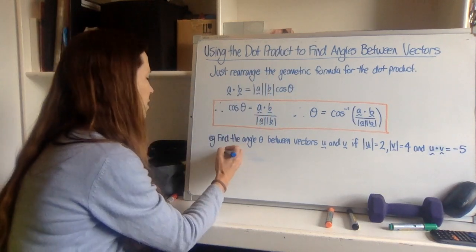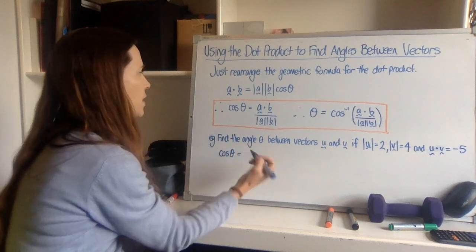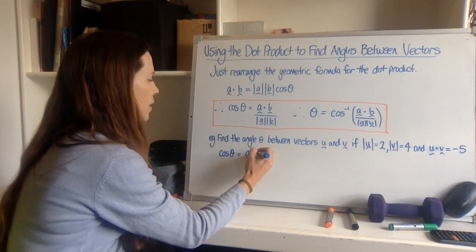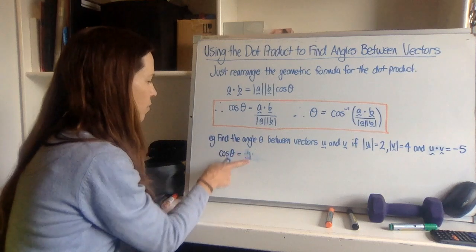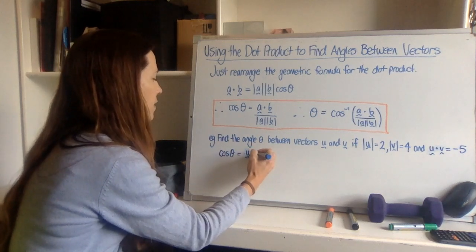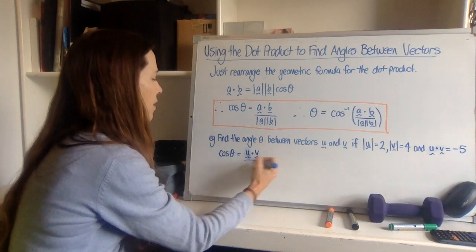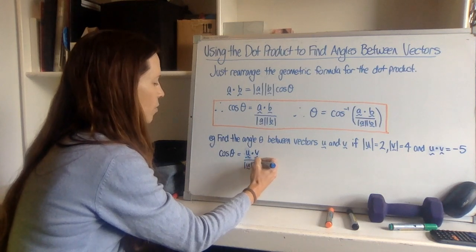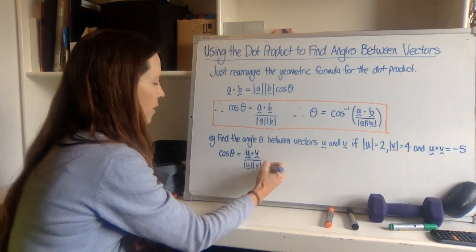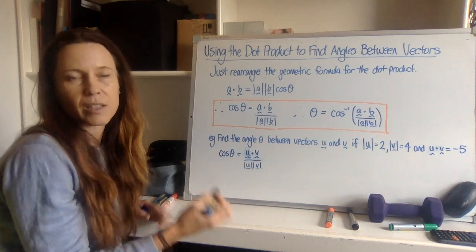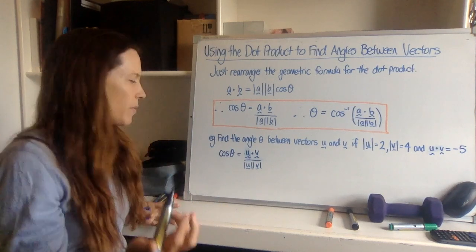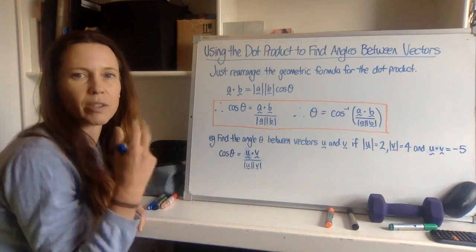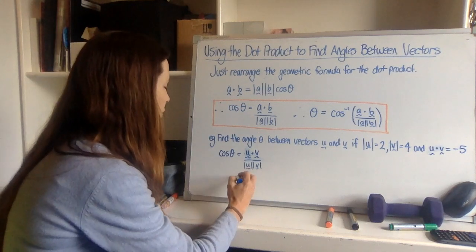So then it's very easy to write down your first line. Cos of theta is equal to the dot product. Oh, not A and B, it's U and V, isn't it? So let's put the right letters in there. We've got U dot V over the length of U multiplied by the length of V. Now, writing that down, yes, I can almost hear you saying, why do I have to write that down? But every single time you write it, you're getting more and more familiar with the formula, and that's going to